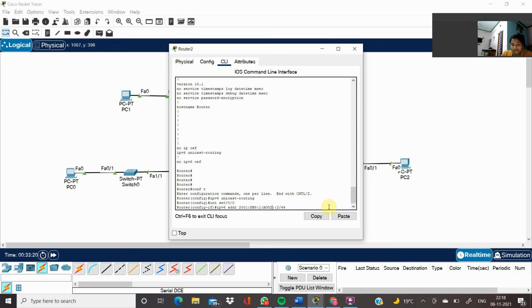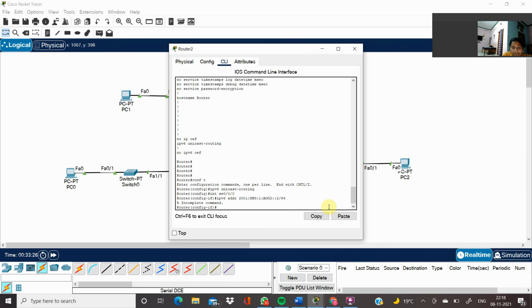It is showing it is an incomplete command. I don't know why. IPv6 address. Yeah, let me give IPv6 address